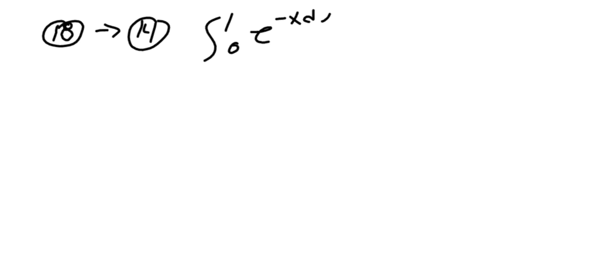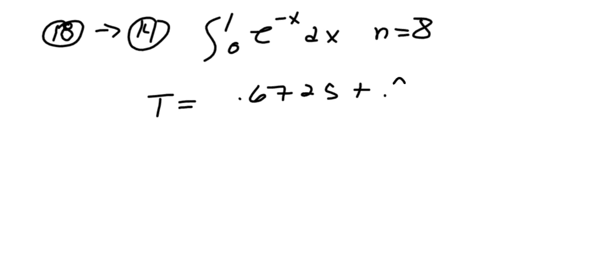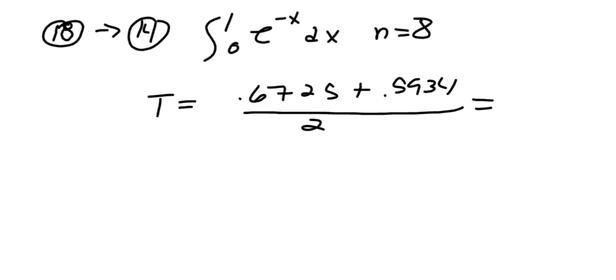Oops, my dx is not in the exponent. And if we use the left and right rectangular approximation and using the trapezoidal rule, we see here we get 0.633. So in this trapezoidal rule, I'm taking the left rectangular approximation plus the right rectangular approximation and dividing by